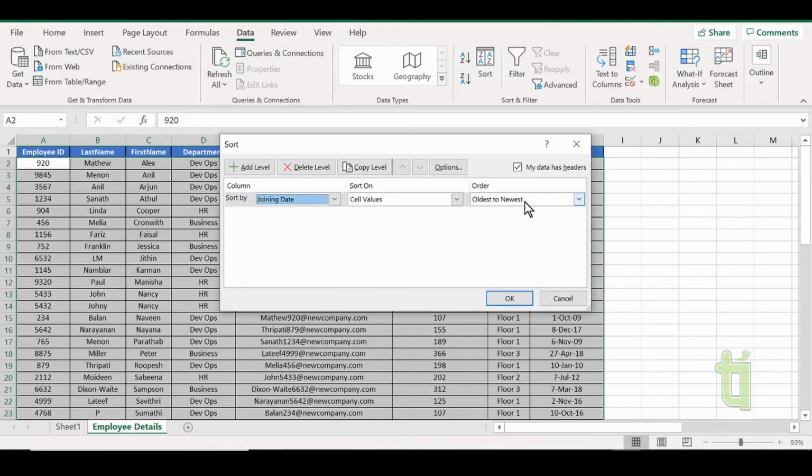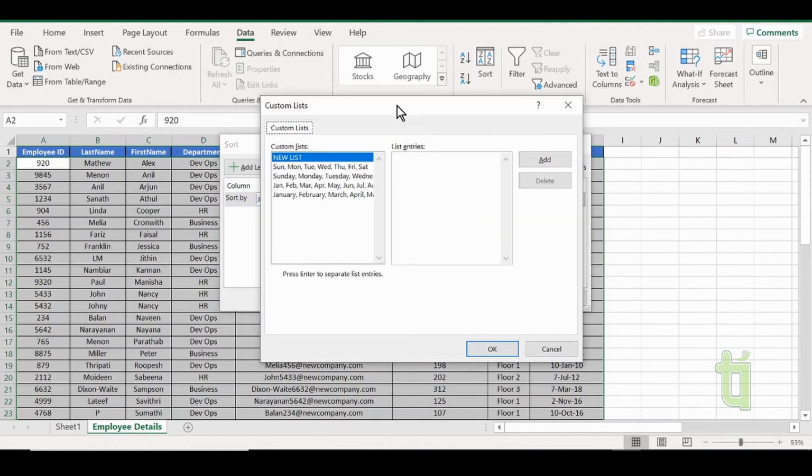Order is written oldest to newest, that is, joining date will be sorted from ascending to descending in the format oldest to newest. But once you click here you can see a third option, custom list. I am going to select custom list.